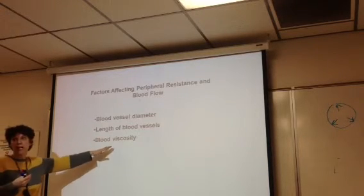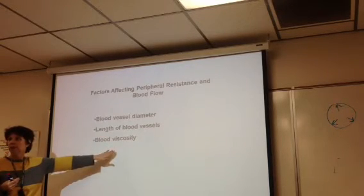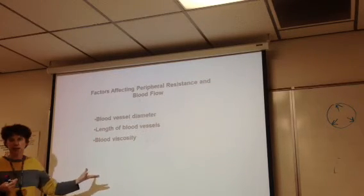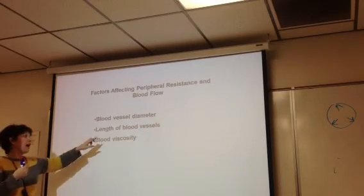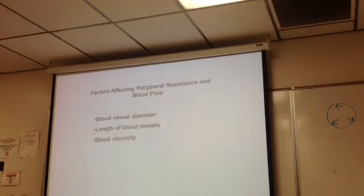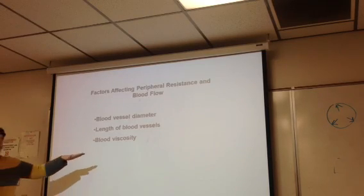So again, dehydration, all right, or overhydration will also affect viscosity. Now, again, when we start talking about hydration, we're talking about overall blood volume. So if we have more blood volume, what happens to venous return? So there's a point here